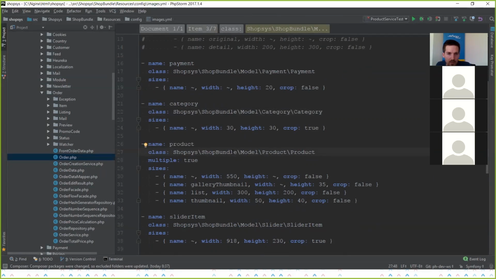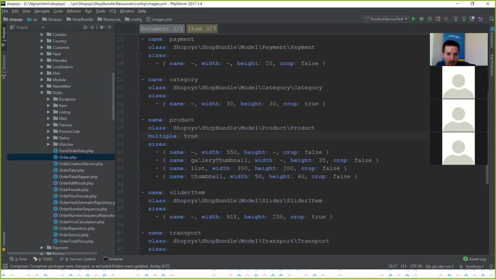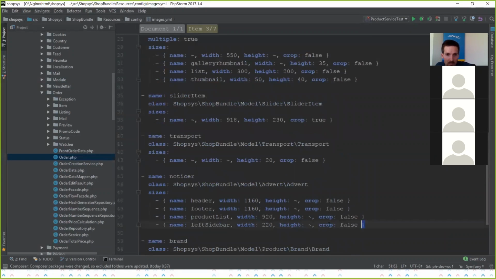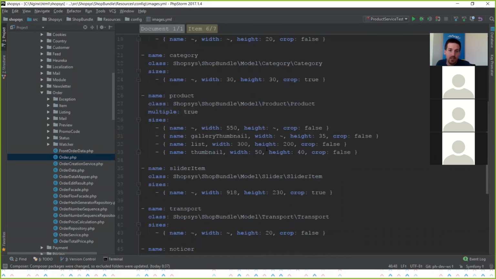And product also has this configuration multiple set to true, which means that one product can have multiple images. And another cool thing about these images is that you can specify multiple sizes for the image. So each image that you will upload will be converted to different sizes, and you can use these sizes on